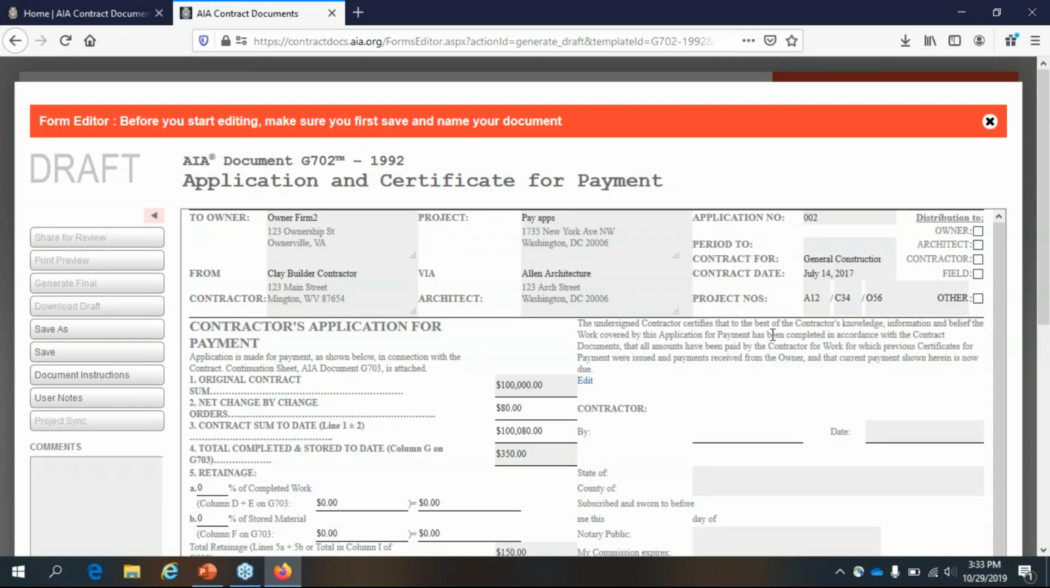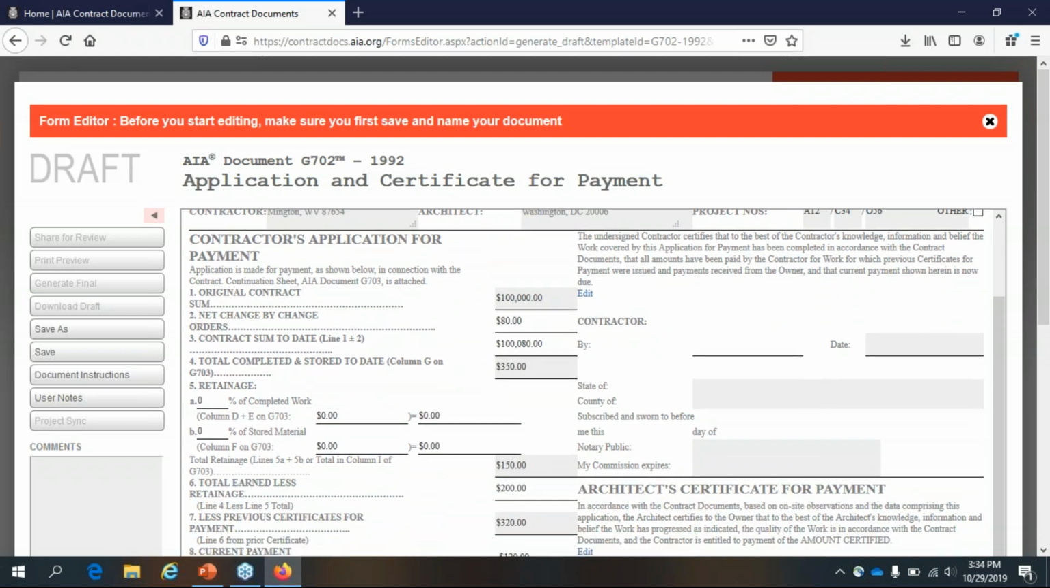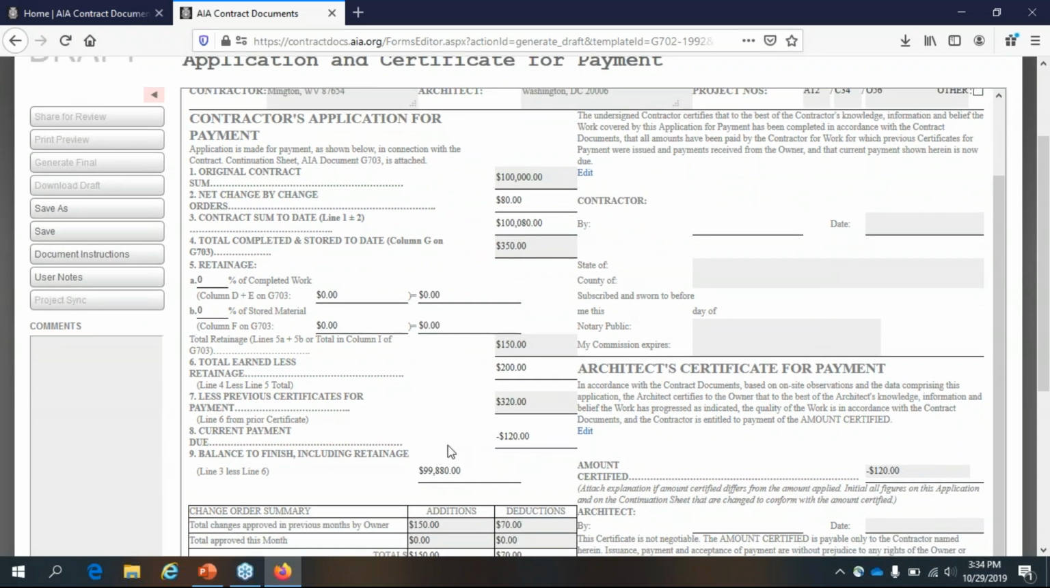Okay, so here's my G702. Again, it imports the data. The only thing I'm really importing or updating here is if I have any change orders, I can update these. You'll see that it goes from current month to prior month. So it moves from this row to this row. So you can update this little table with these 4 boxes, and then the only other thing is to update